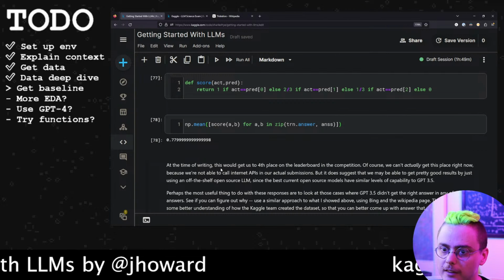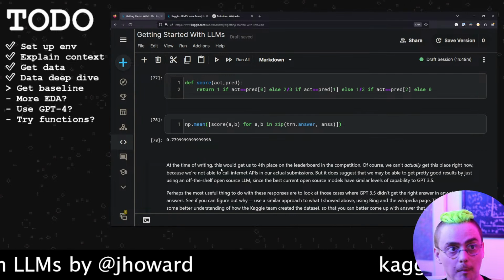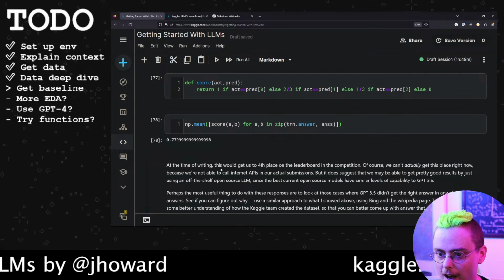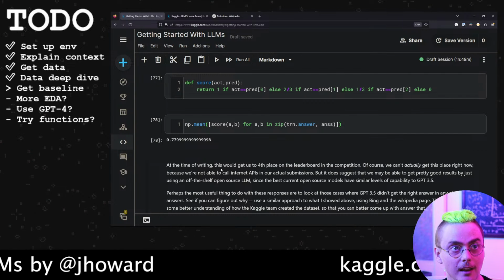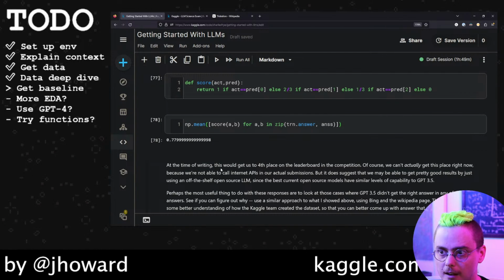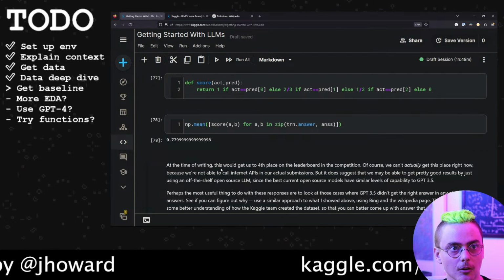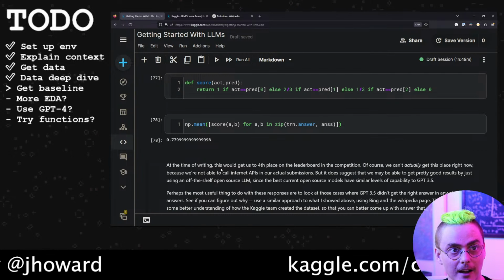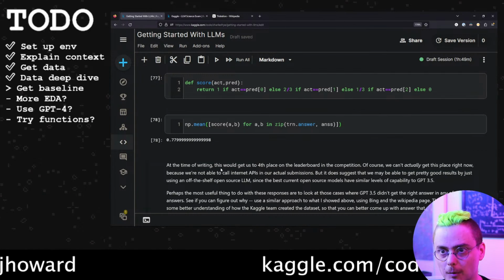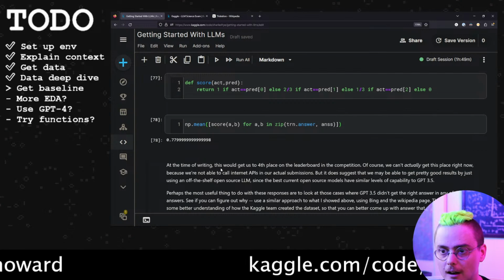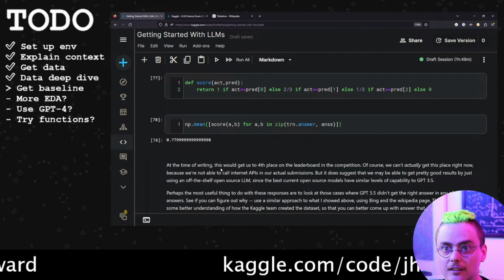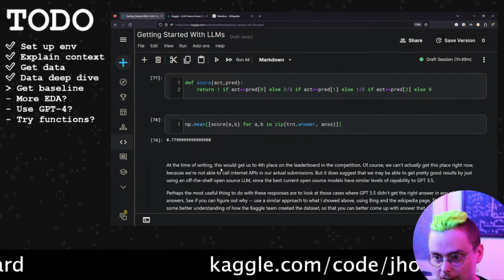So you could look at this and say, all right, if I have a path to achieving decent performance on this, getting high up on the leaderboard, I just need to get Chat Llama 2 running, and maybe I need to get it running on the resources that Kaggle provides. So maybe I need to distill the 70 billion parameter Chat Llama 2 on this problem onto the 7 billion parameter version, something like that. So that suggests some paths forward for solving this.